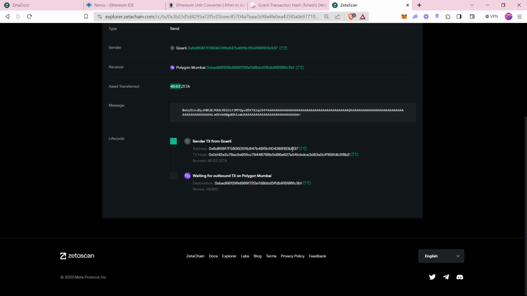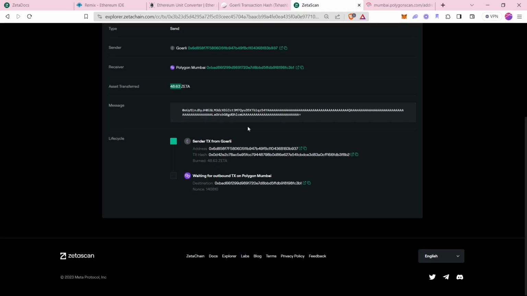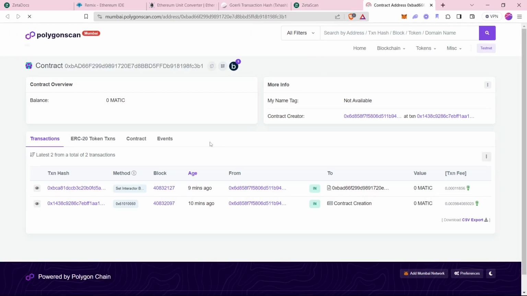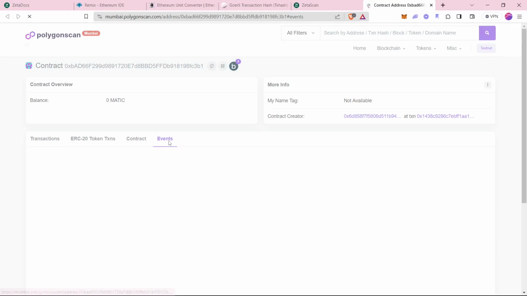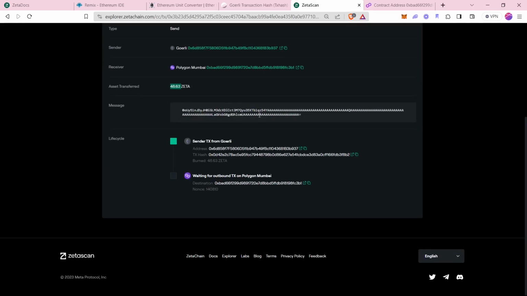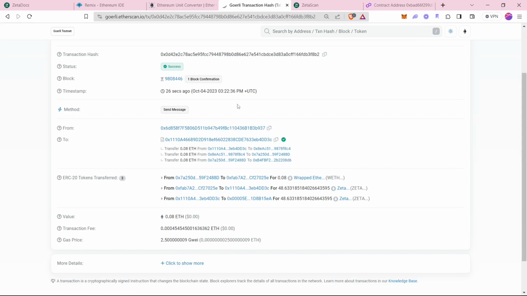Now let us actually see whether our transaction went through to Polygon and is successfully done or not. So we'll check in our contract address. It's not verified, but the events will be there for sure. The events are not yet emitted, meaning that the transaction is not yet sent from our Zetachain. It might take around 5 minutes on average, or a minimum of around